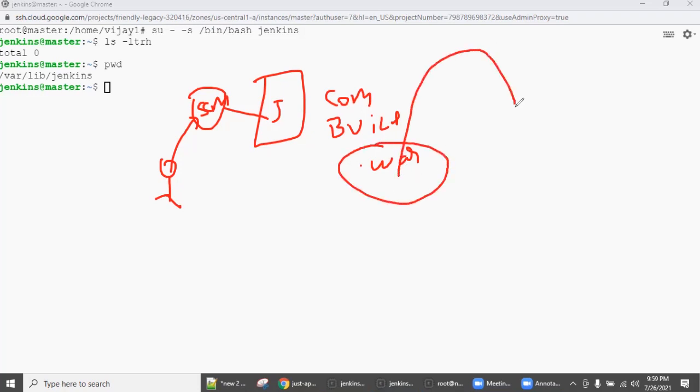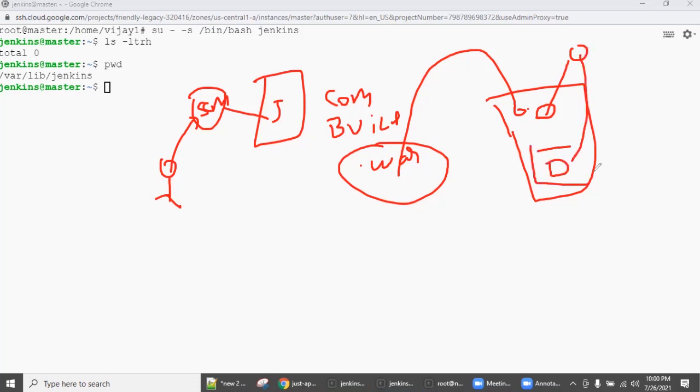This application has to be transferred to my Kubernetes environment. Once transferred, using the Dockerfile, this war file has to be associated with a custom image, and after customizing, it has to be pushed back to your Docker repository. After that, you have to create a namespace. You have to use this image and create a pod on top of the Kubernetes cluster. This is exactly what we are going to do now.